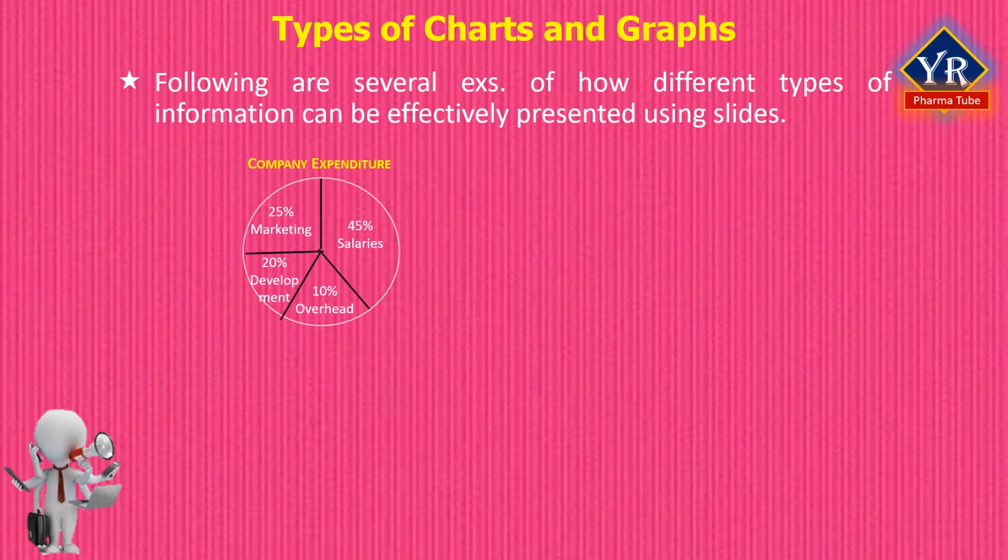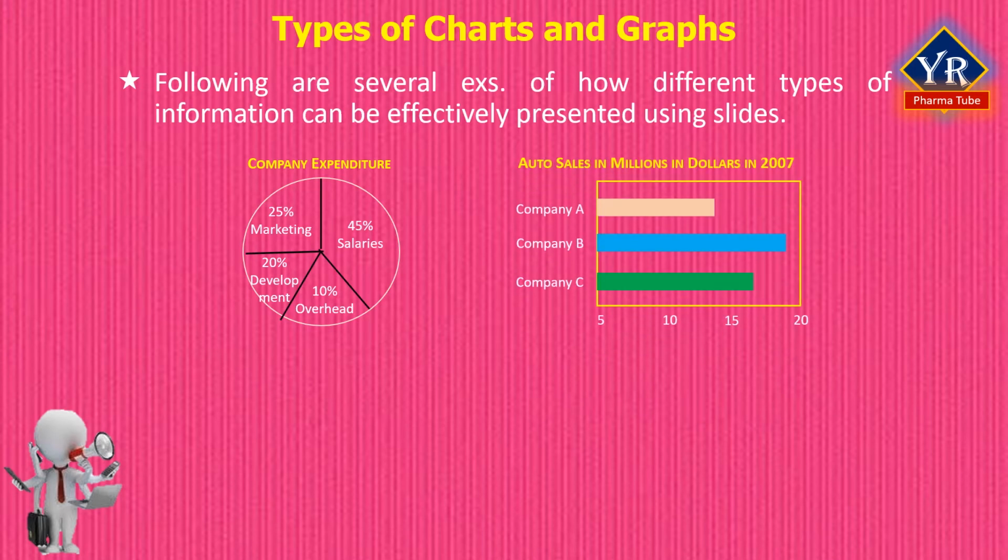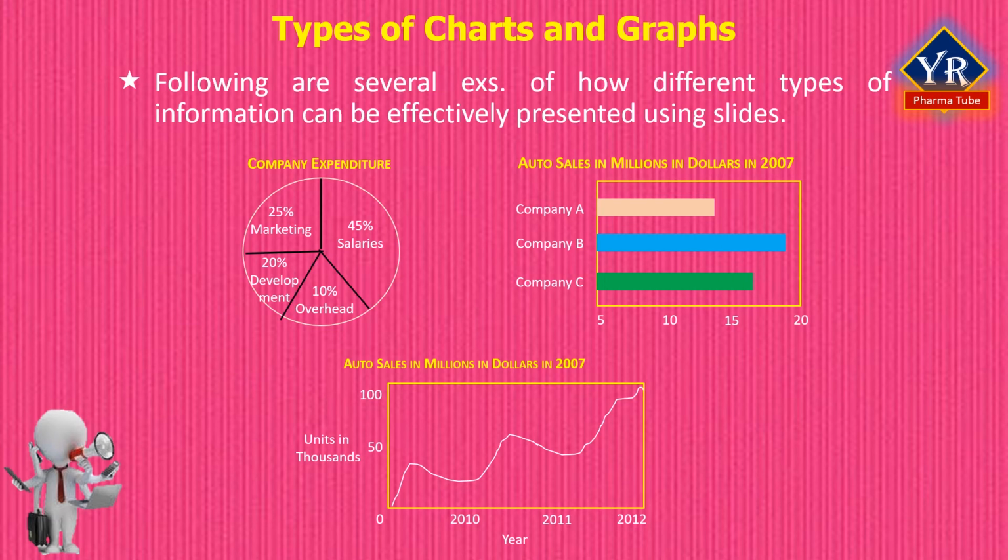The first figure is to show the comparison as a percentage of the whole, which usually uses a pie chart or a map chart. The second figure shows how items compare in rank. This is usually shown by a bar chart, that is horizontal lines, or a column chart shown in vertical lines. The third figure illustrates the changes over a period of time, and it is shown by using a column chart or a line chart, which are most typical.